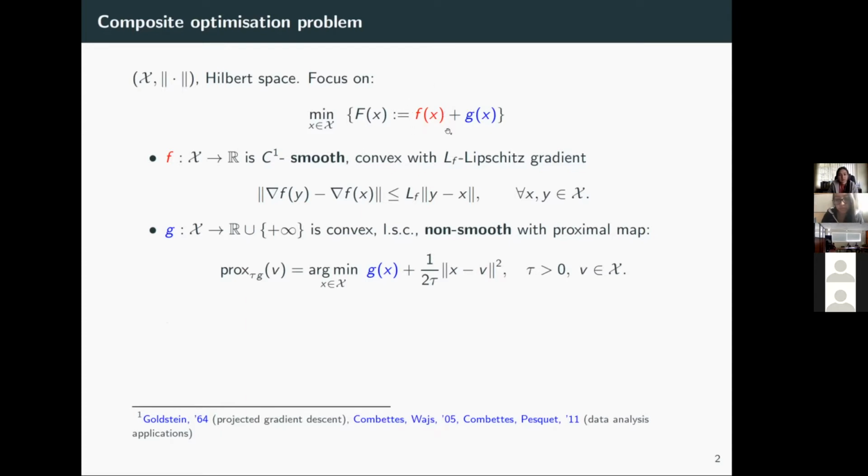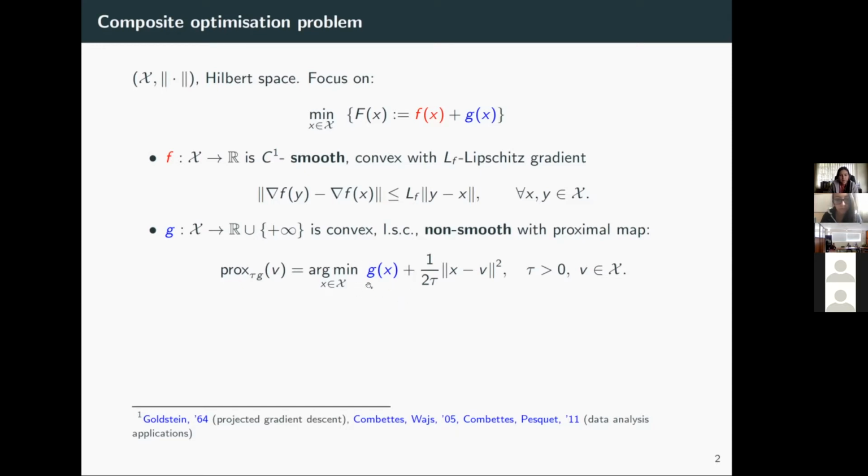So as I said, we'll be dealing with smooth data fidelities. In particular, we'll be considering C1 smooth fidelities with L_F-Lipschitz gradients, satisfying this inequality. Whereas for G, we'll be considering convex, lower semi-continuous, but generally speaking non-smooth penalties, with associated proximal map defined in this way. So this is the standard definition of your proximal point,